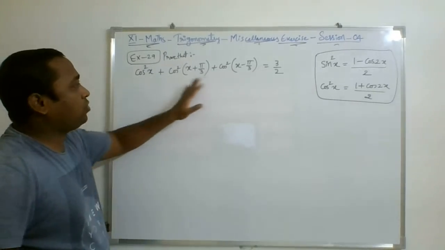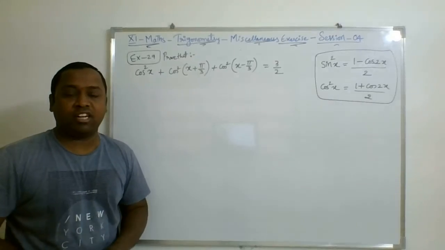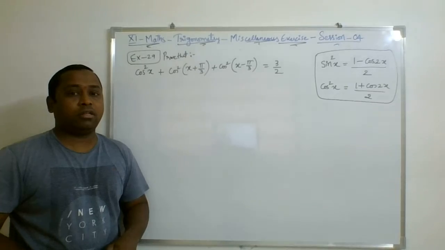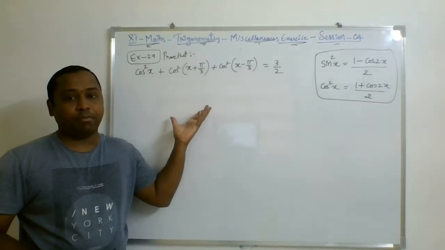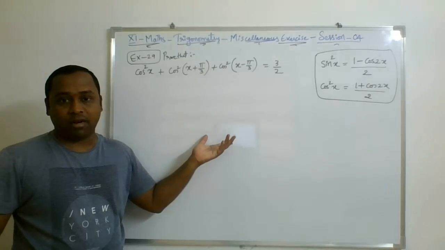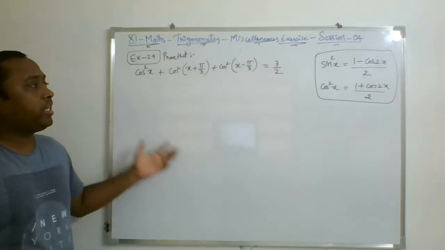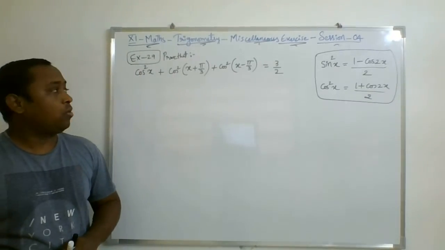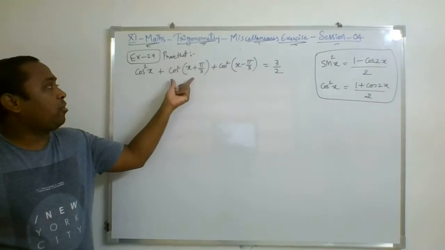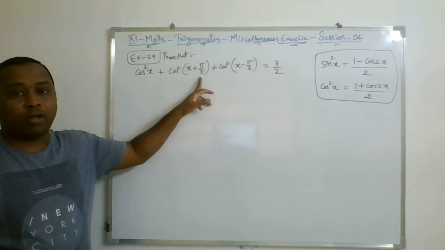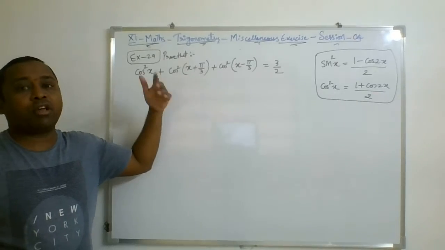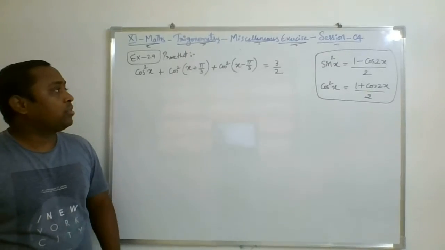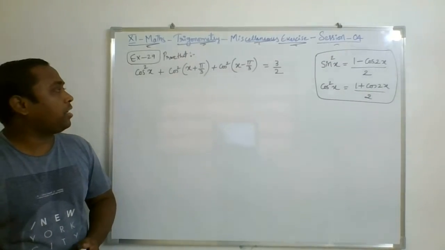There are several ways to solve the question. You know, trigonometry is always an open-ended topic. You may deal with a question in any manner with the help of any fundamental formulas. But I would like to take the help of the cos square x formula, which will reduce my work. Other way is you can also use the cos of a plus b formula. Whatever value comes, then you can open it and solve and get the value. That's a different matter. So first let's solve this question in a regular manner.